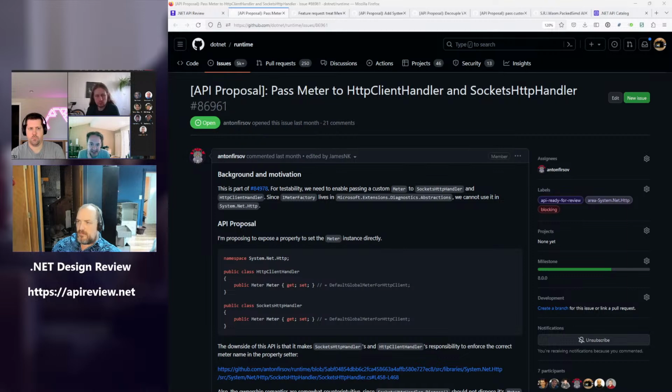So there is, I believe, a little feature or a little to-do that Tarek has filed for himself as part of the follow-on work to the meter factory feature, which is to change our metrics event source, the thing that transmits all the data to .NET counters.